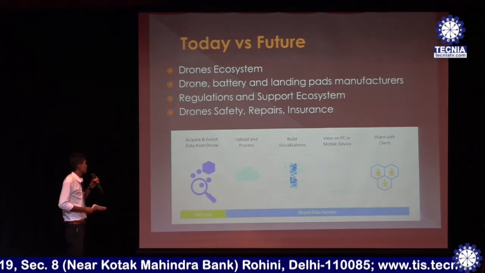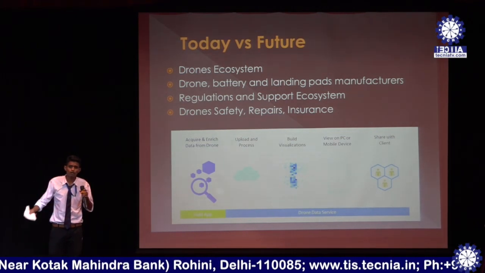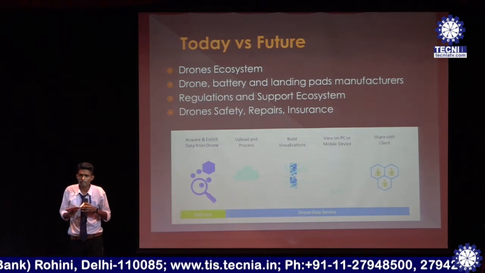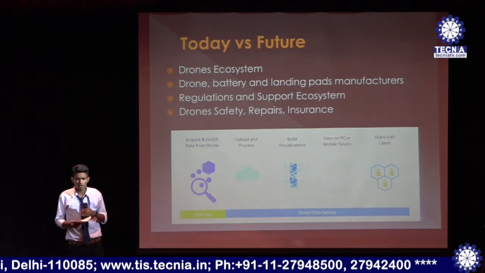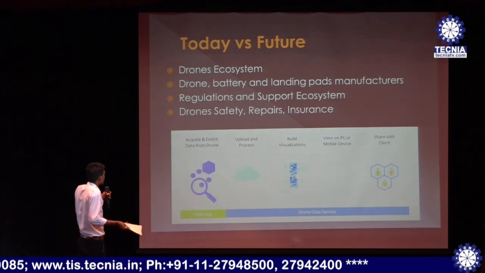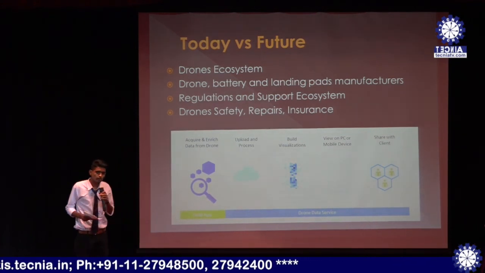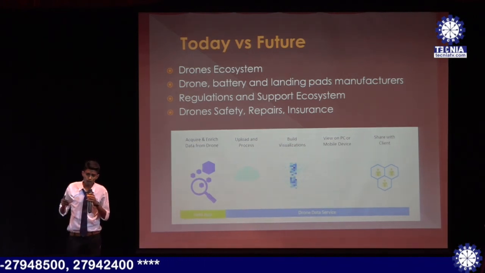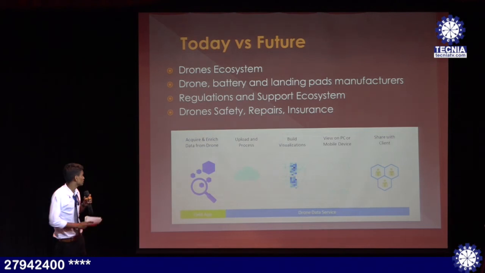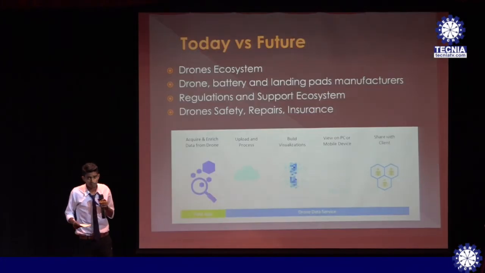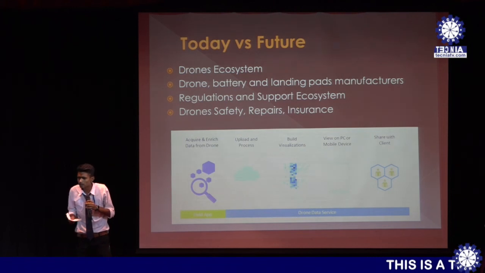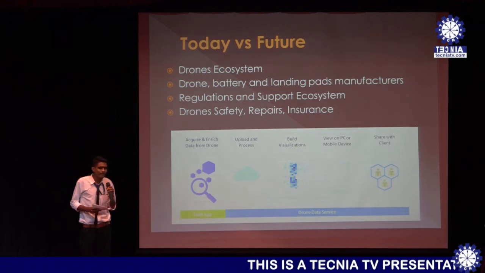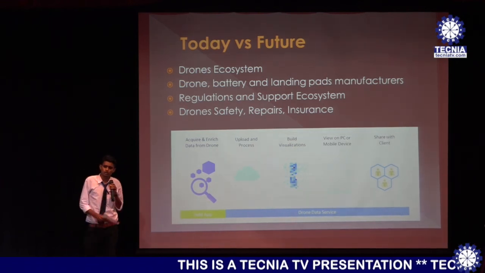So, today's versus the future drone ecosystem: we have to create a whole new environment that includes drones, their batteries, their packages, their loadings and a lot of stuff, their delivery platforms. Manufacturers have to focus on drones which are robust and capable of flying up to 10 kilometers, carrying more and more load, right? Batteries are to be developed that require less frequent charging and perform very well. Manufacturers have to develop landing pads and launching pads for the system.